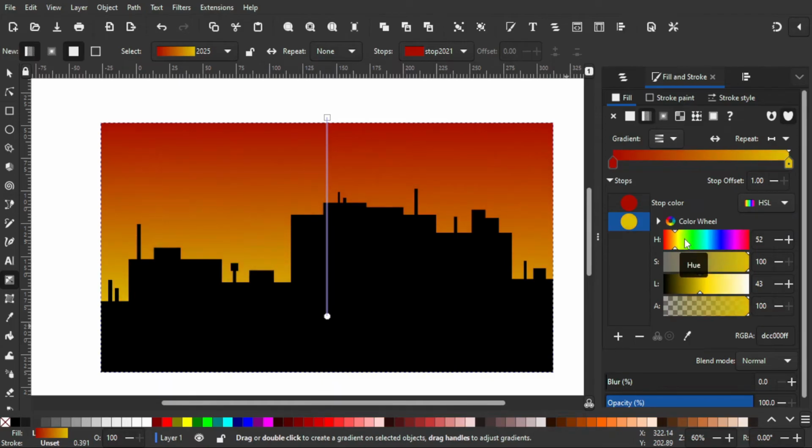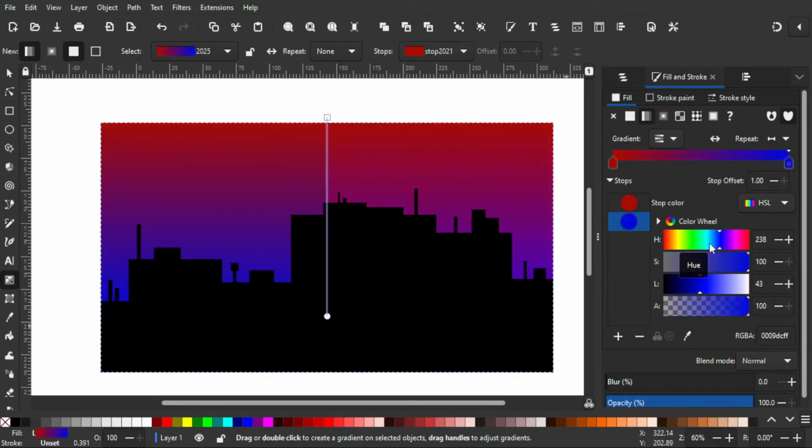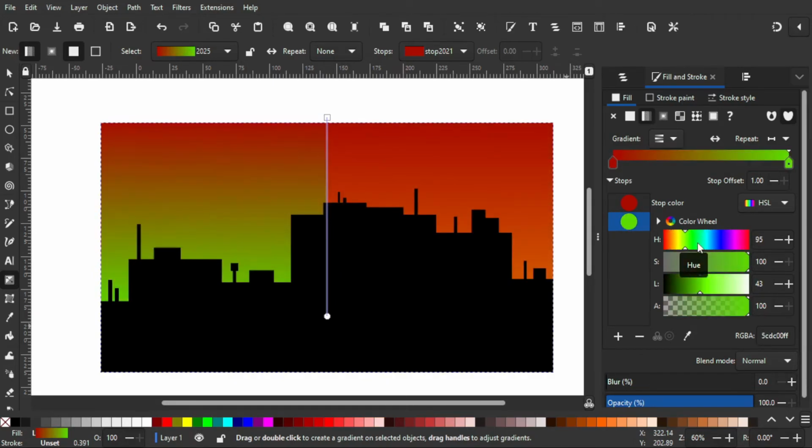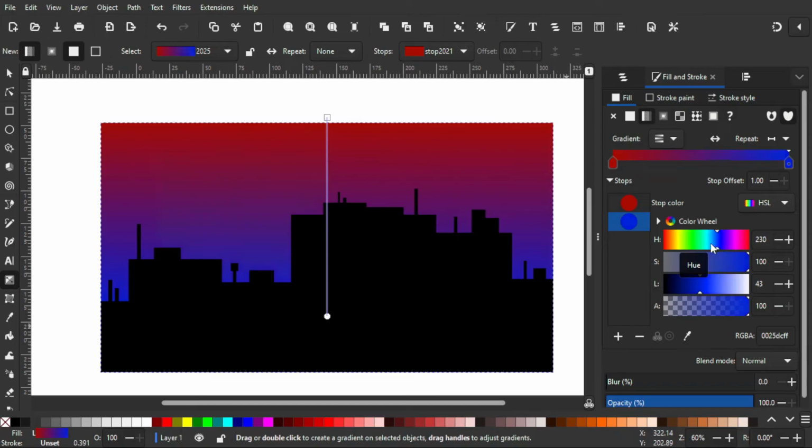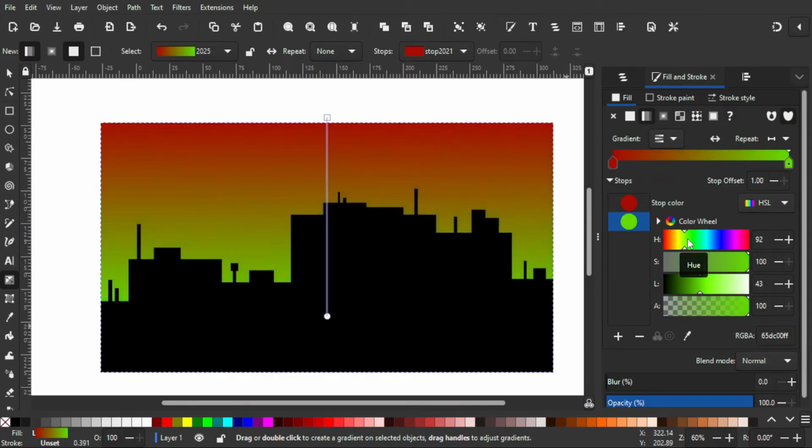Okay, so if you want to change the hue, you can drag right or left in the hue meter, and as you can see, we can see a lot of great colors right here, and it's pretty much your creativity.